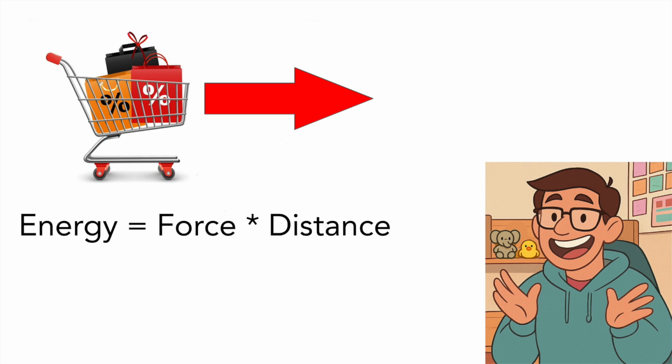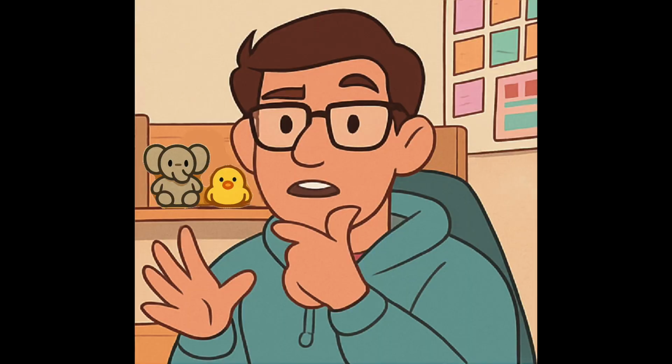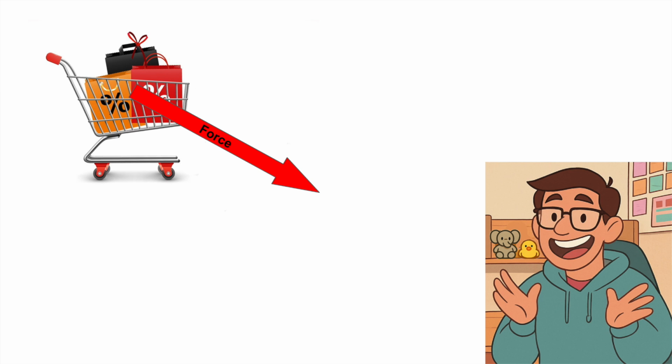So we say that the amount of kinetic energy I transferred into it is equal to the amount of force I exerted on it, F, times the distance I traveled while pushing on the cart, D. So in other words, we say that E, the energy added to the system by work, equals F times D. But that's not actually the definition of energy because things could get a little more complicated. So suppose I push on the cart at an angle, so a little bit down and a little bit forward.